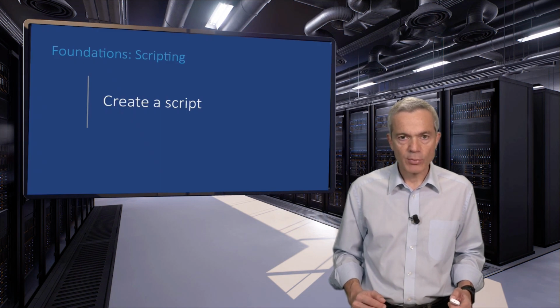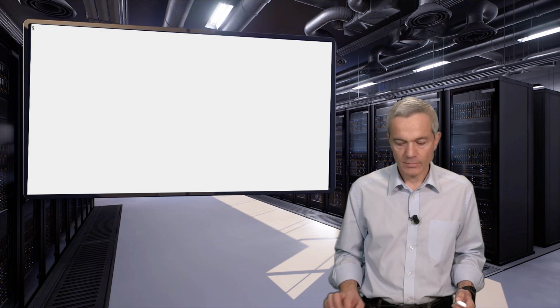Creating executable programs, scripts, with a shell is a piece of cake. As an example, let us create a script to display the current time in Paris's time zone. First, I use the cat command in order to type in a file named Paris time. The first command I insert in this file is